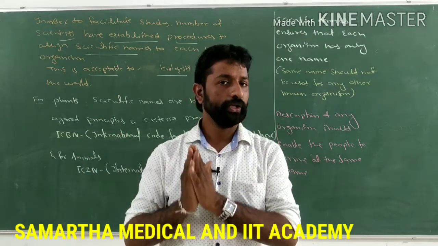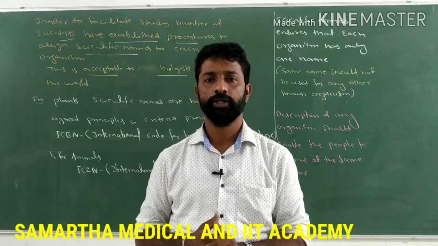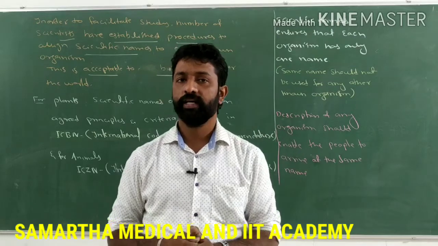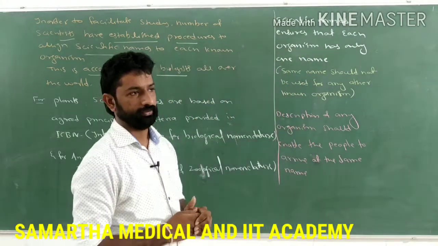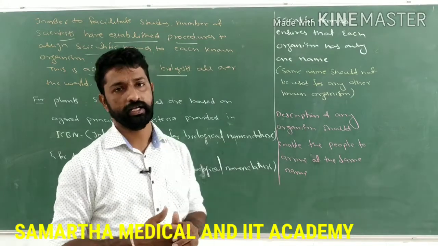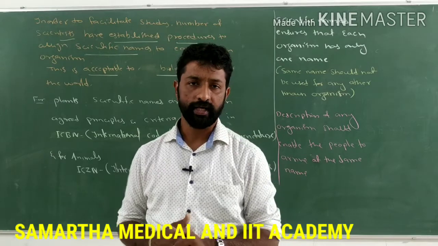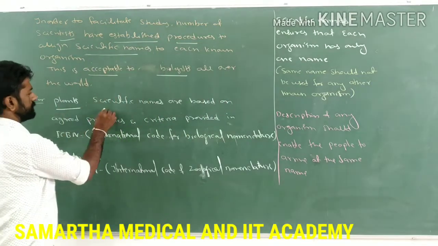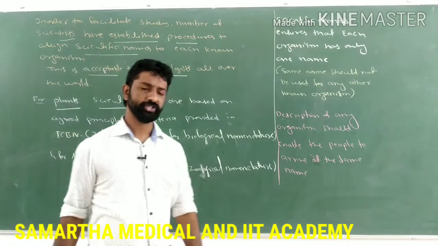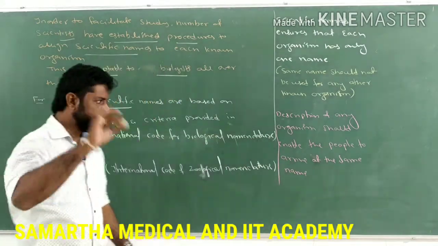There are certain rules or established principles to be followed while giving a scientific name for a living organism. Let's see where those principles or criteria are provided in order to name the plants and animals. So, for example, the plants' scientific names are based on the agreed principles and criteria which are provided in